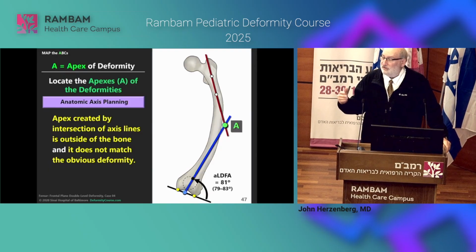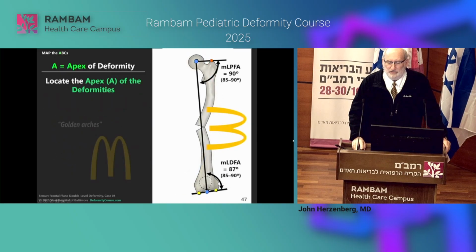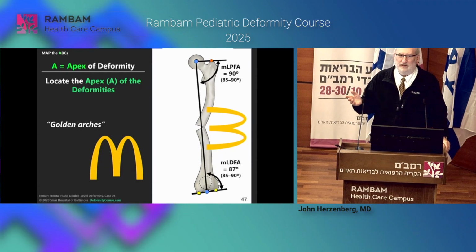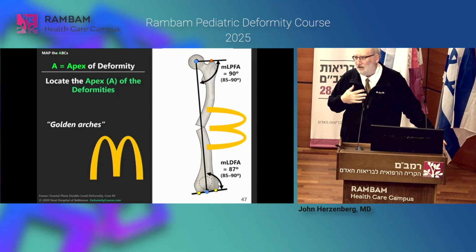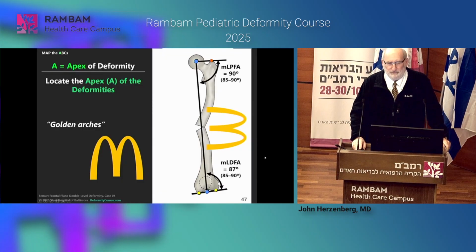And you could correct it there, but if you do the correction there, you're going to get what we call the golden arches effect, right? Like McDonald's. And so you can't get a rod down that. So that's not going to be a very good method. I don't want to use a rod. I like rods, so I want to put an IM rod. So we've got to go back and say we're missing something.